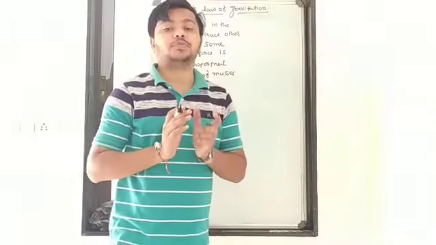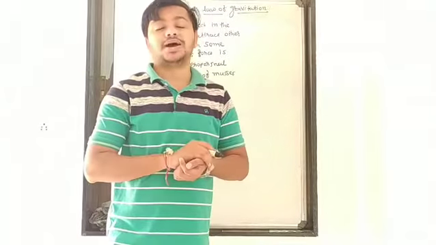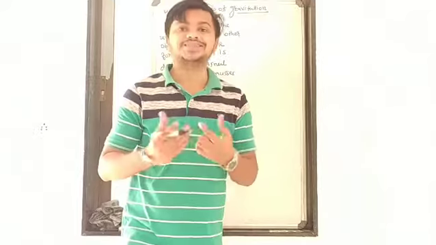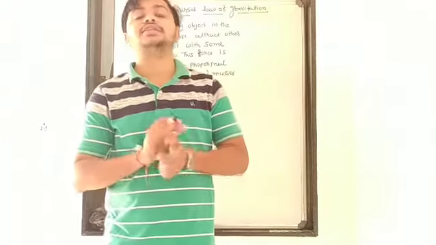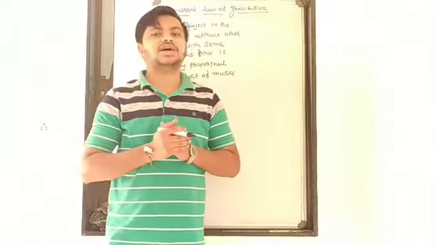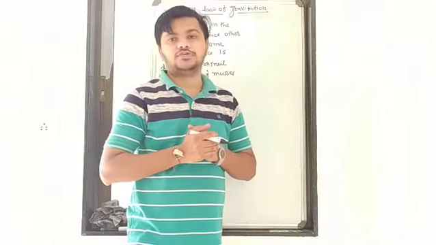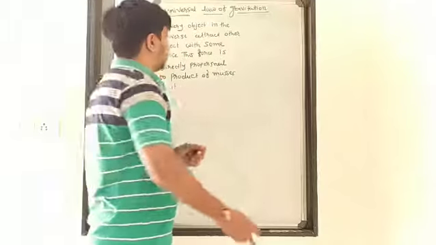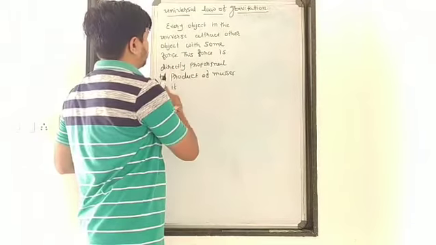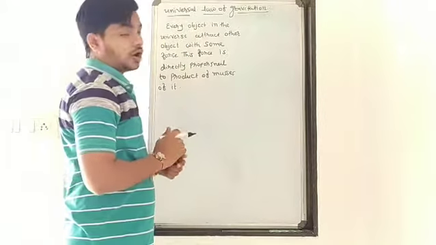This force is directly proportional to the product of the masses of the objects. Means if the mass is higher, then the force is higher. As our mass is very small, this force between us is small. Understand? So this force is directly proportional to the product of masses,